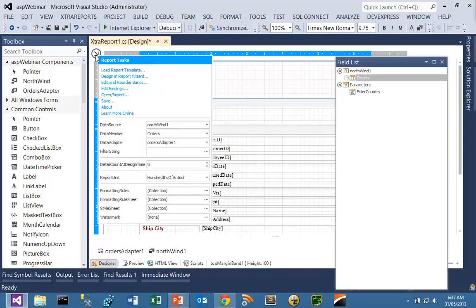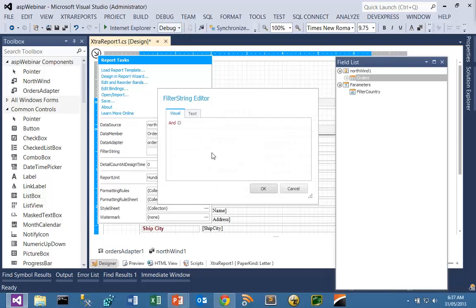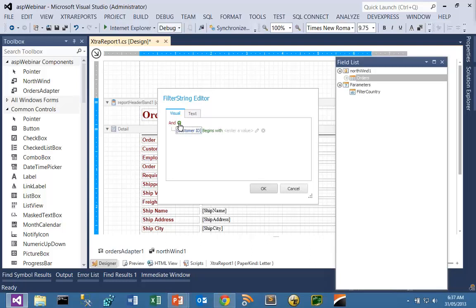The next step that we would do would be to click on the glyph in the top left, which is going to expose the report tasks. Inside this panel is an option called filter string. I'm going to click on the ellipsis here to bring up the filter editor, and we get a nice visual option. So I'm going to say I want to add a new filter. Straight away we can see the list of fields. So I'm going to say I want to filter the ship country,